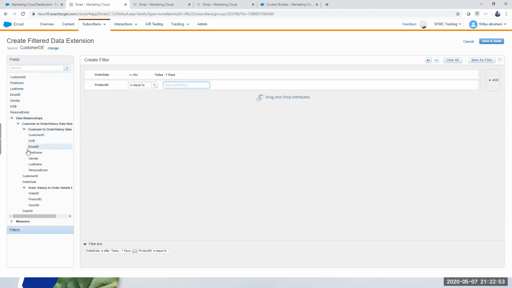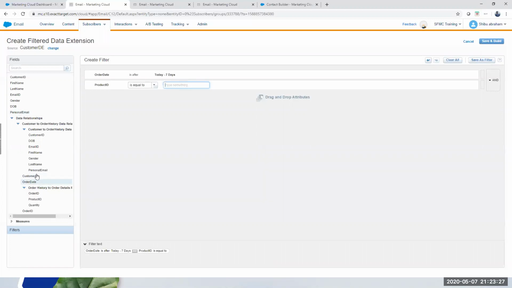I will not get any result columns from the second or the third level data extension that you are mapping it to. All the columns that I will get in the resulting data extension will be from the source data extension. So exactly the same fields, it will be a mirror replica of that, but they will be satisfying the condition where they have an order date that is today minus 7, and the particular product ID that you specify. Those data will not come in your data extension. For that, you have to use query activities, which we will look at in a future session.